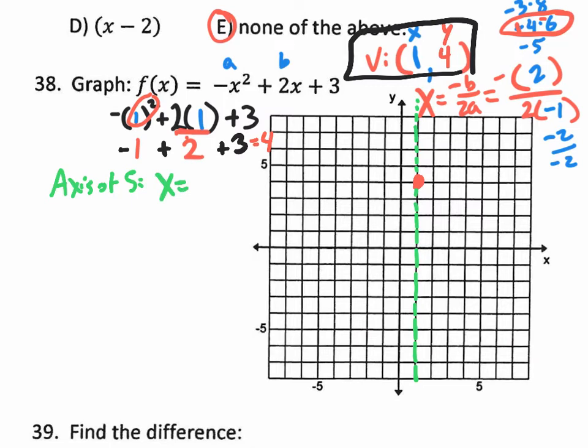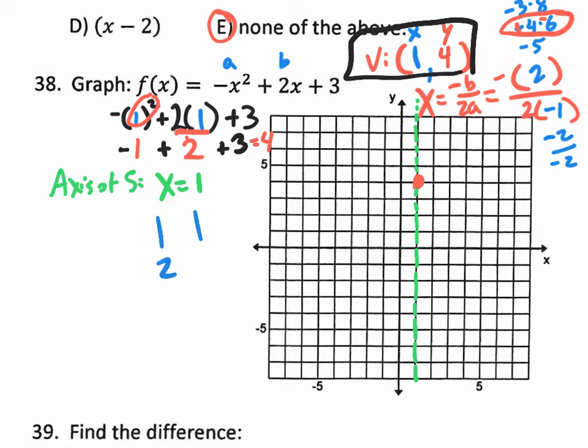X equals the x value of your vertex, which is 1. And they probably will ask you that on the test, so be careful with that. Simply x equals the x value of your vertex. Now we need more points, so you could either go to an xy table, or you could use your pattern